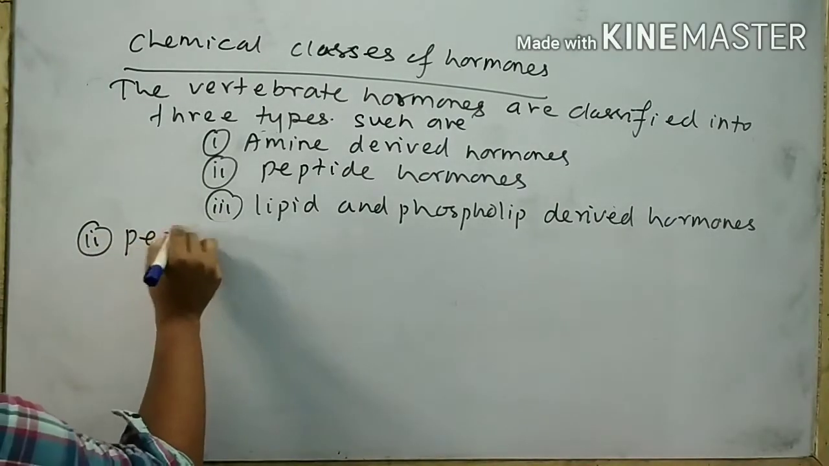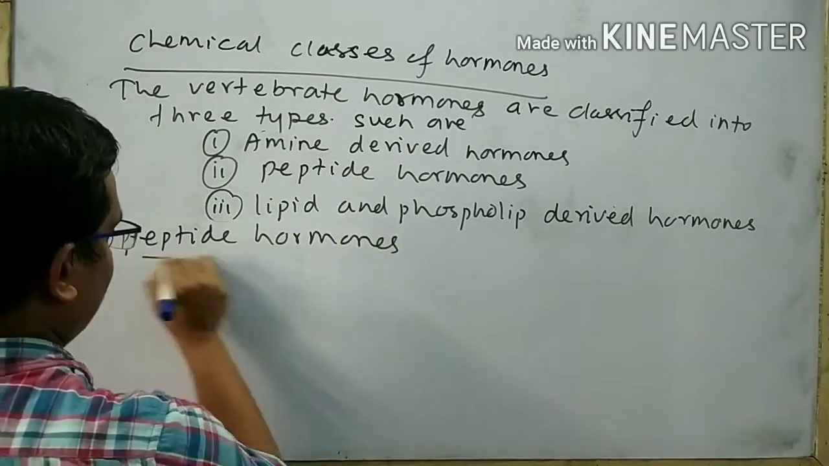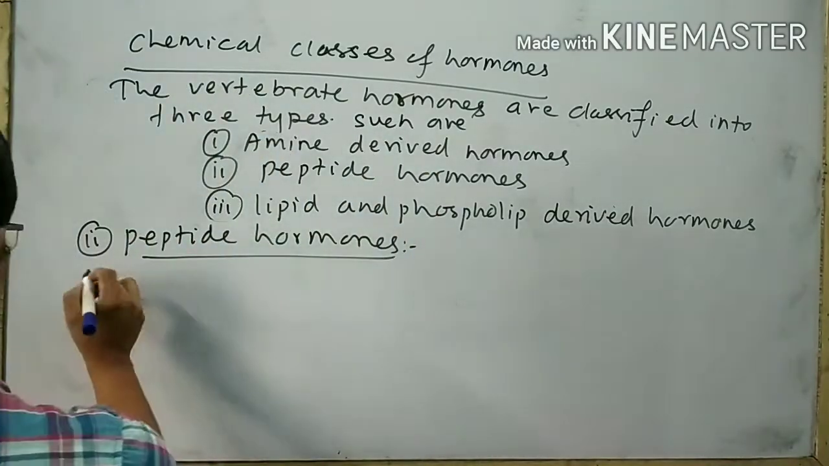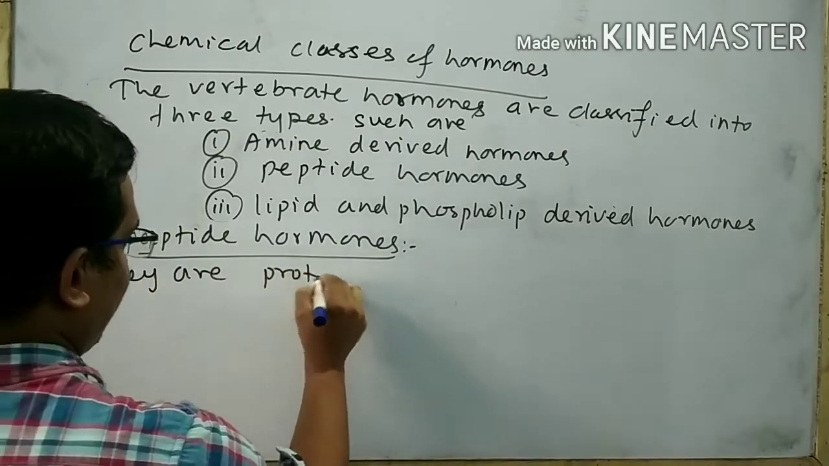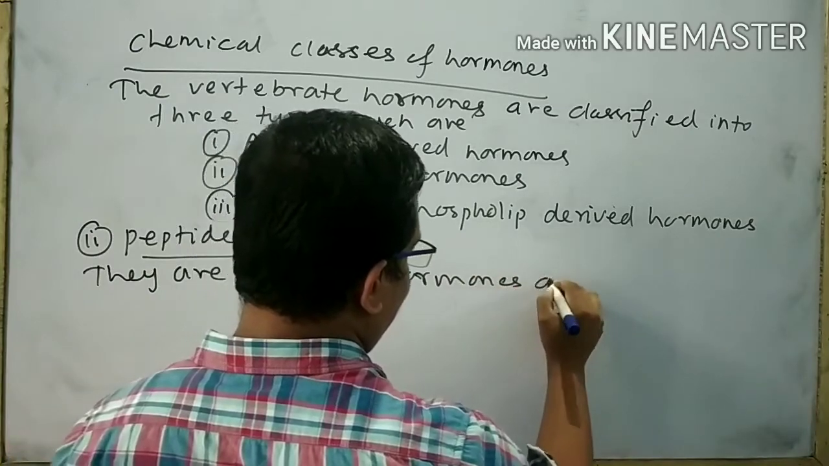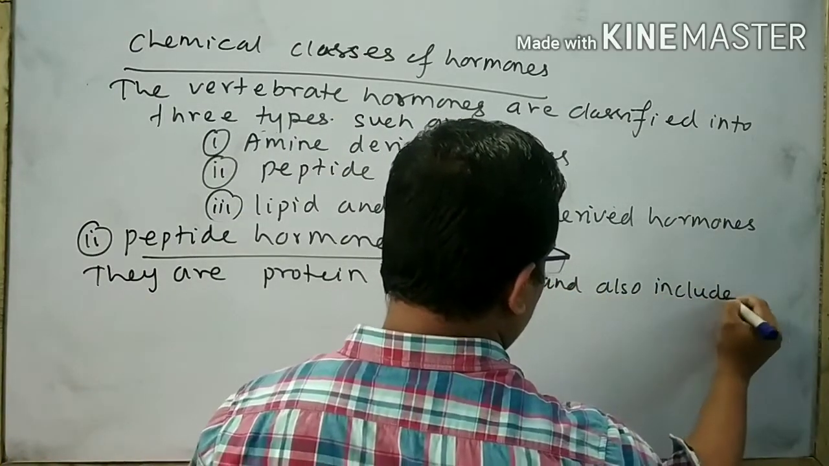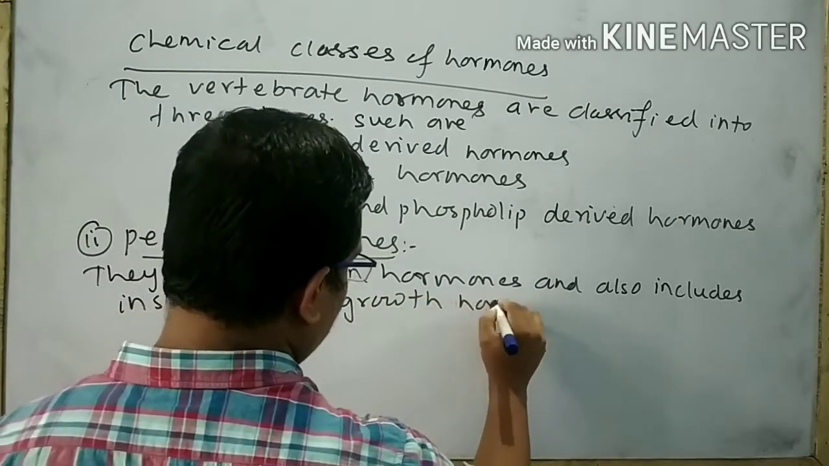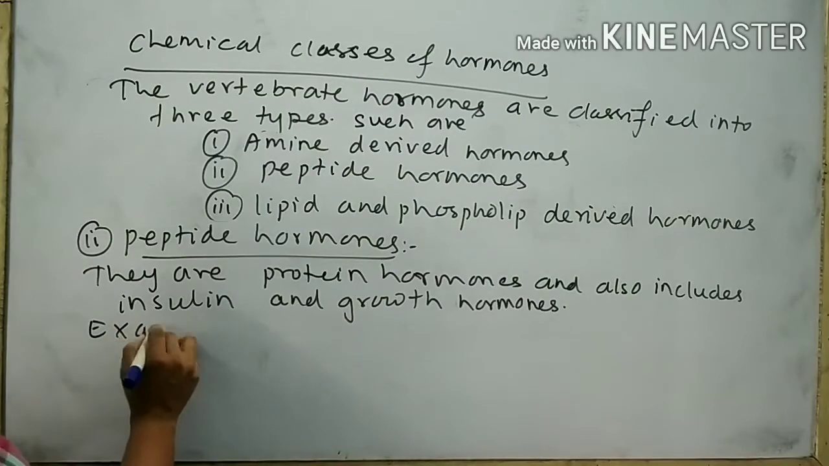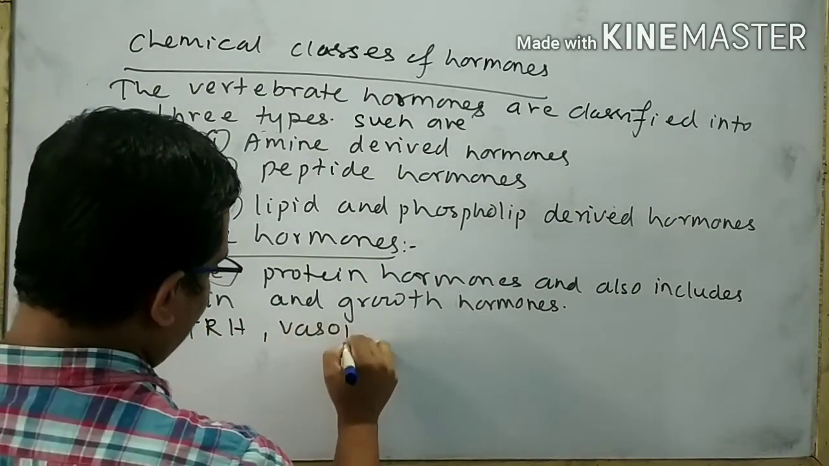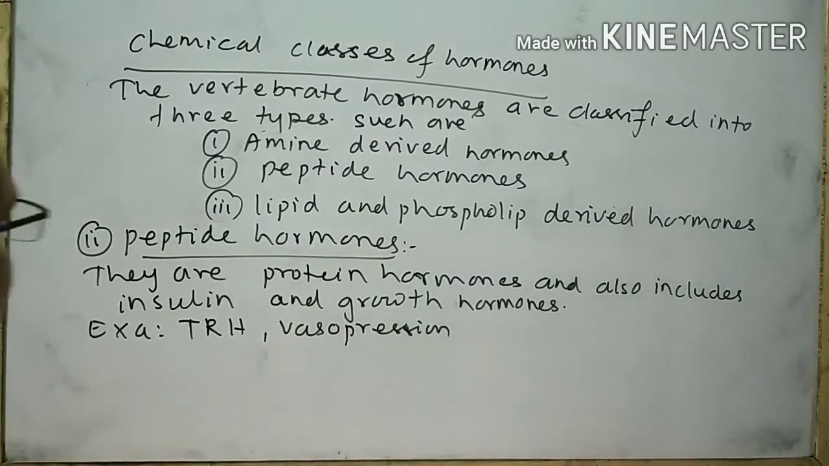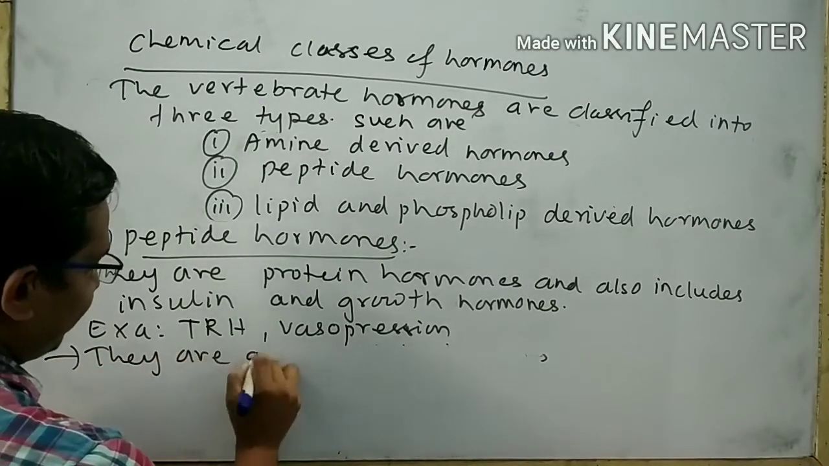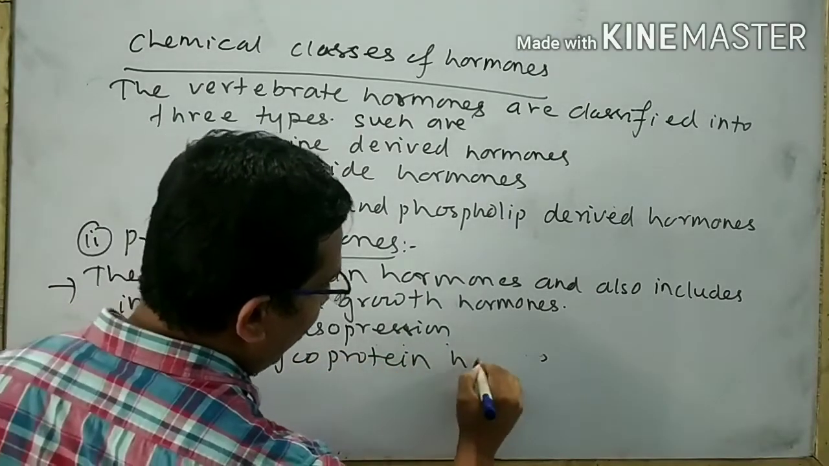Next is your peptide hormones. These are the protein hormones and also include the insulin and the growth hormones. So we can write they are protein hormones and also include insulin and growth hormones. Examples are TRH, vasopressin. These are the examples of peptide hormones. They are glycoprotein hormones, so we can write they are glycoprotein hormones